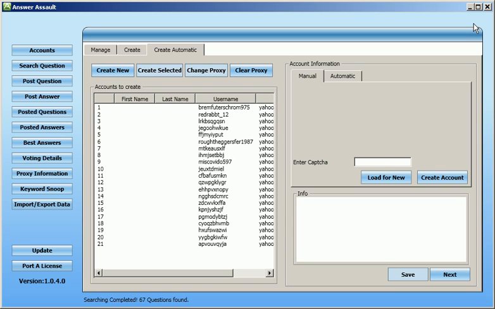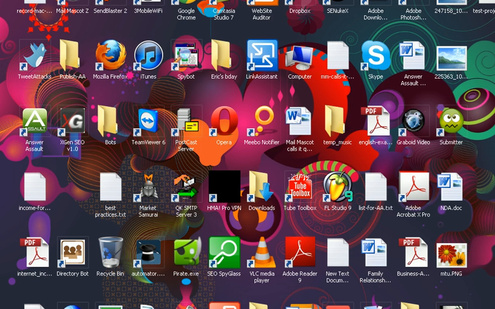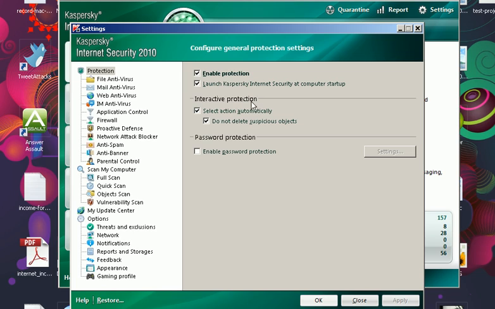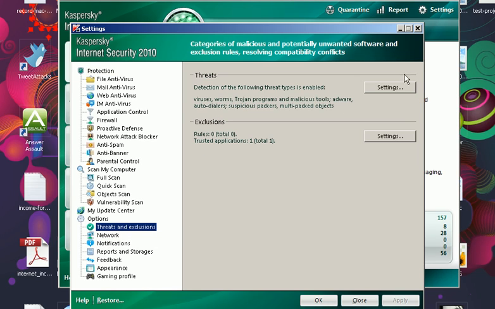Alternatively, it could be anything to do with your firewall. You might want to add Answer Assault to your firewall, add it to your antivirus. AVG in particular may detect it as a false positive. Now, to do that, you have to add it to your exceptions list. I have Kaspersky, but it's pretty similar. You just go into Settings. You go into Threats and Exclusions, or Exceptions if you're using AVG. Exclusions is what the